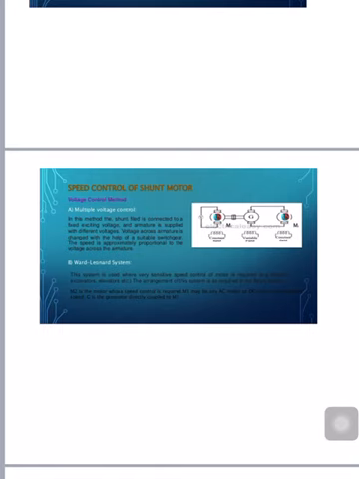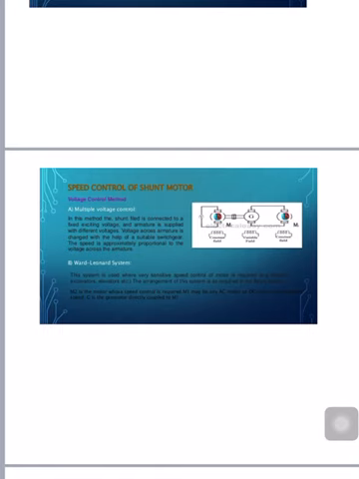So these are some advantages of the Ward-Leonard system: the speed can be controlled in both directions of rotation of the motor very easily, the motor can run with a uniform acceleration, it has very smooth speed control over a wide range, and inherent regenerative braking property. And next, speed regulation of the DC motor is very good in this Ward-Leonard system.